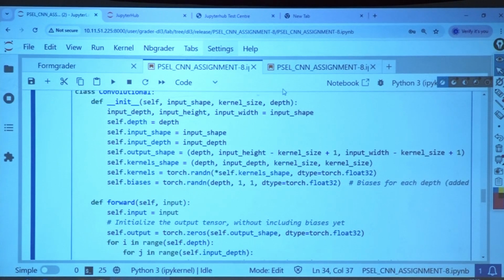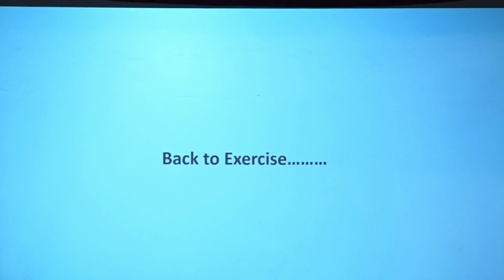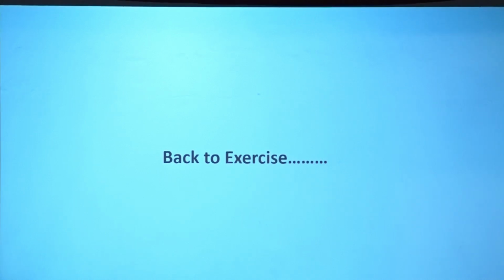Let me take you to the next part. Okay, very good. And I'll give you time to finish that one. Meanwhile, let me explain one more simple thing so that we will be able to complete the core concept of this convolution.